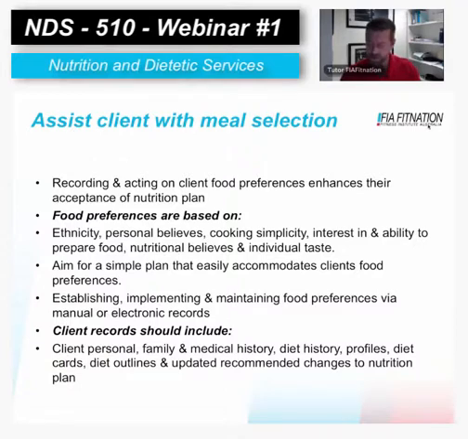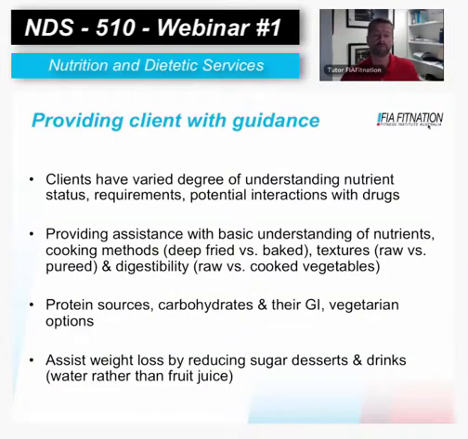Right, so, providing the client with guidance. Remember, as a personal trainer and also with your diploma in nutrition and dietetics, you are largely going to be an educator. Clients have varied degrees of understanding, nutritional status requirements that they personally have, and any potential interactions with